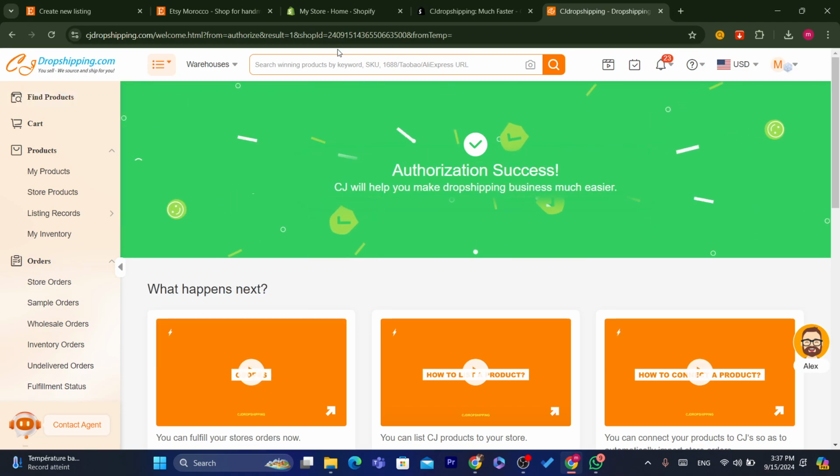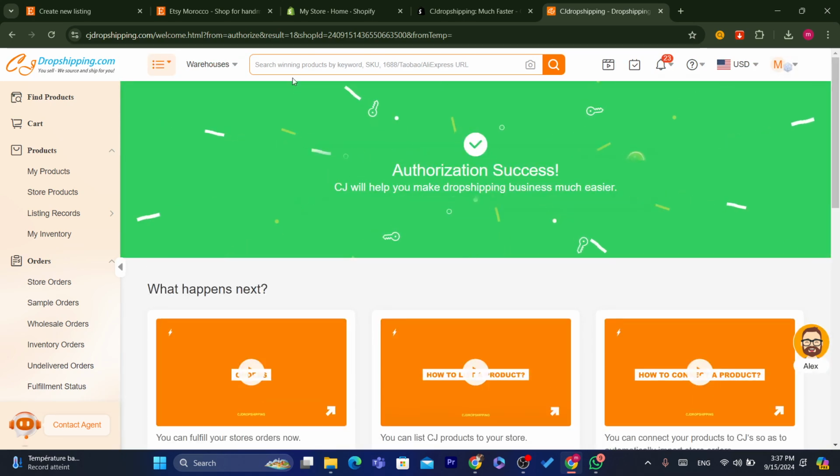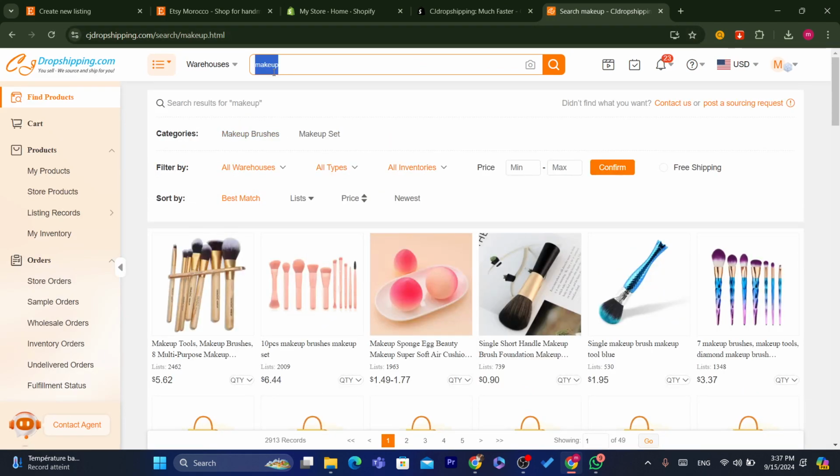Now what we are going to do is start importing products from CJ to Shopify, and then importing and syncing products from Shopify to Etsy. Now this will make sense in a few seconds. Now as you can see here, guys, I'm going to import a product. Let's say that I'm going to import a makeup product, or I'm going to focus